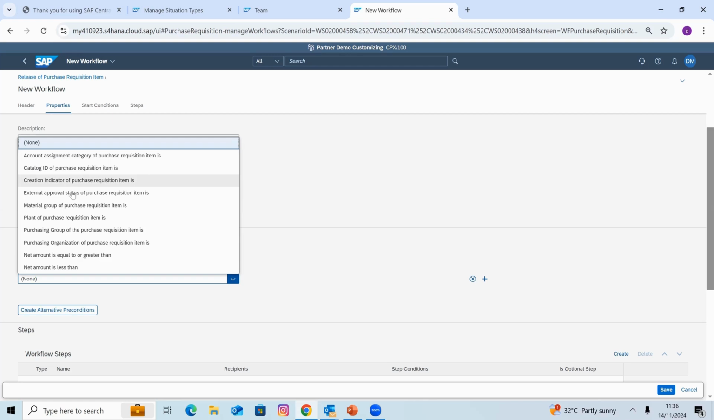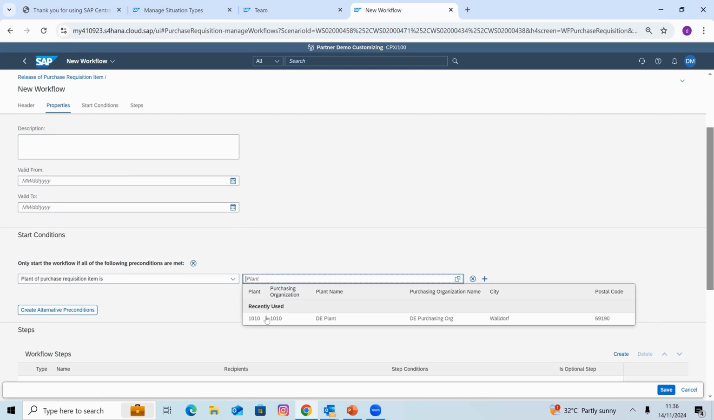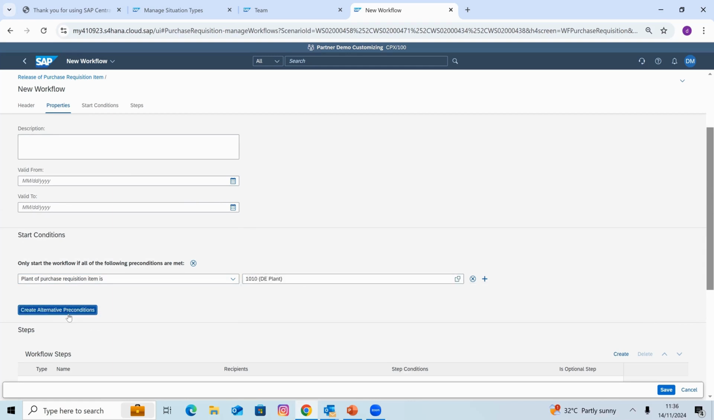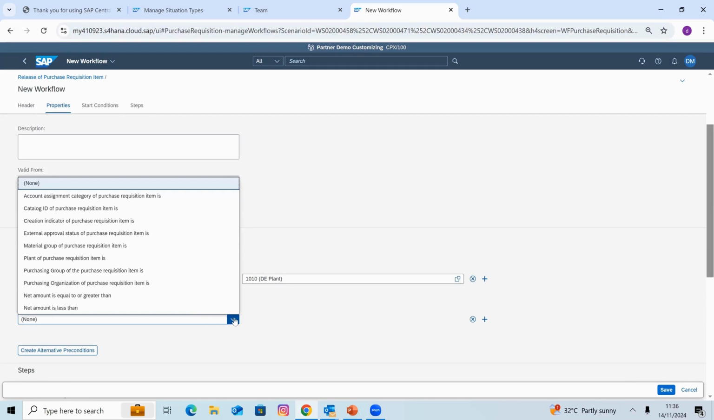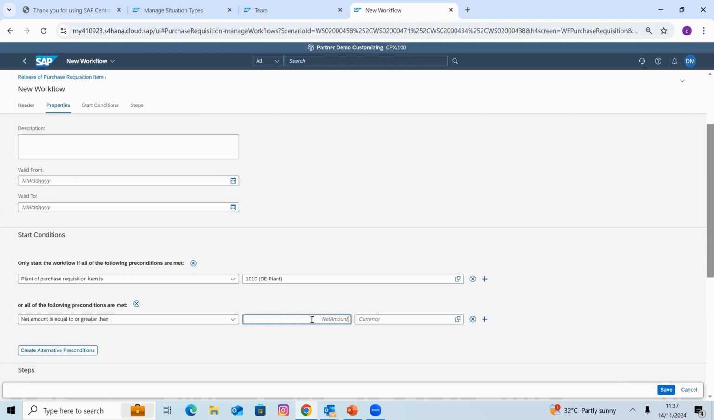So you can assign what the triggers are, what plant you are going to go with. You can even create alternative preconditions. These preconditions are the ones that would trigger this particular workflow. You can see net amount is less than, or net amount is equal to. Maybe you want, if a particular purchase requisition is greater than a particular amount, you can create it here. Okay, let's say $500, and you can set the currency, euros. Once a particular purchase requisition is greater than this, it will trigger this particular workflow